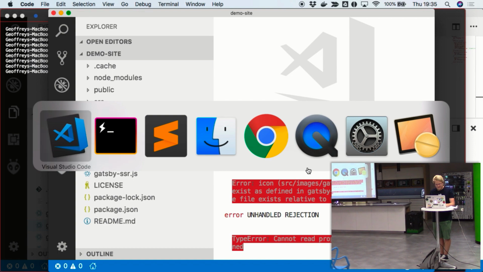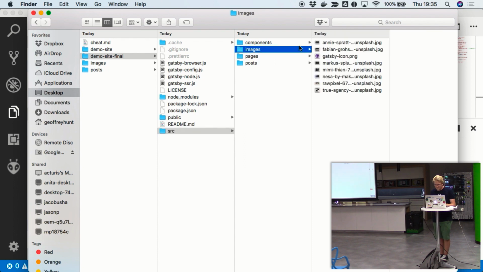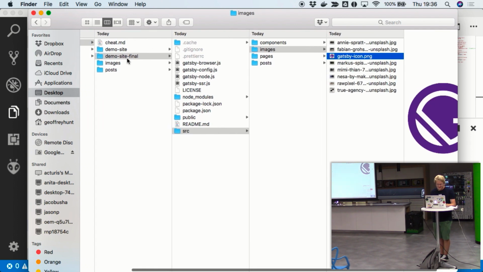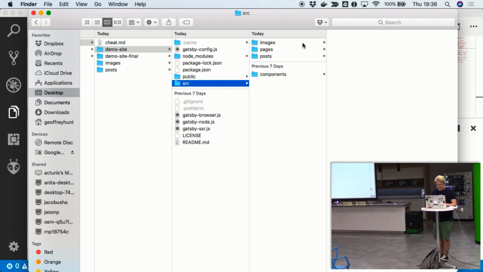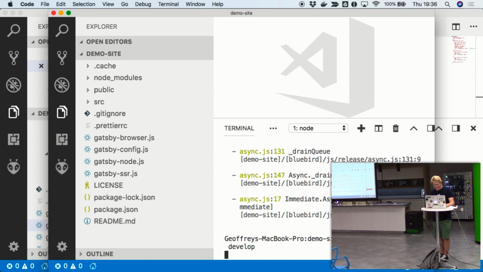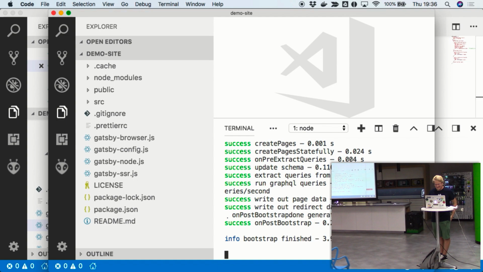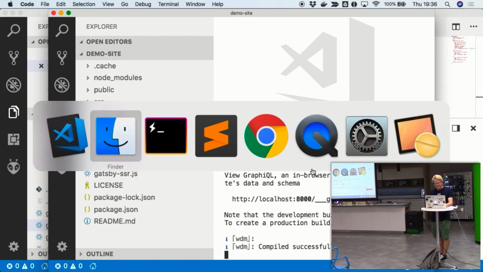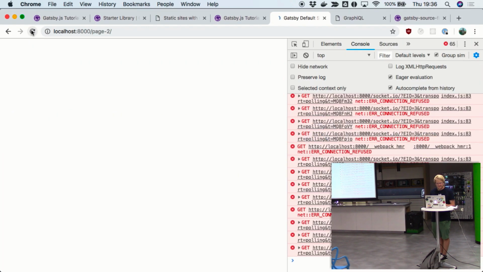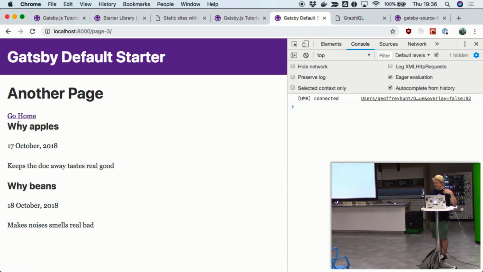Okay. It's because I deleted that Gatsby image. Okay, cool. Okay. Page 2, page 3. So like I was just showing you, that's what those markdown files are.